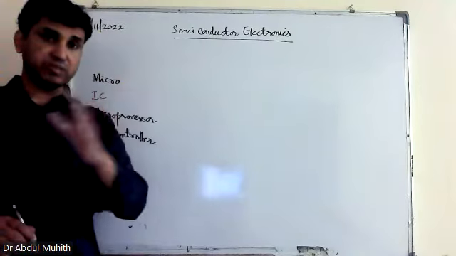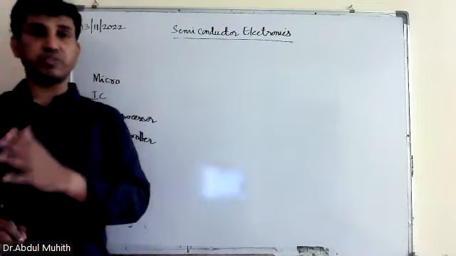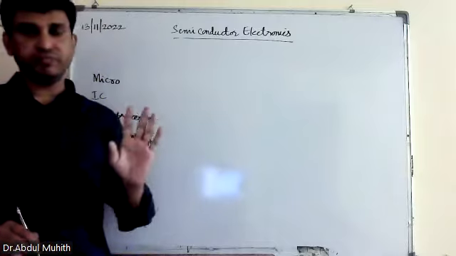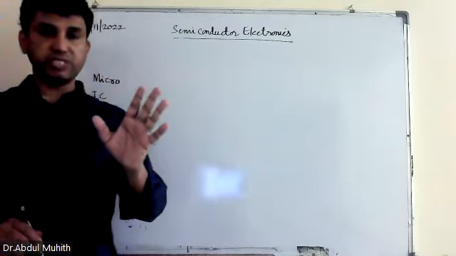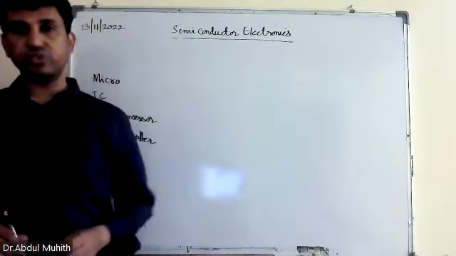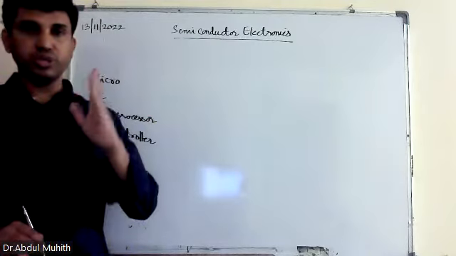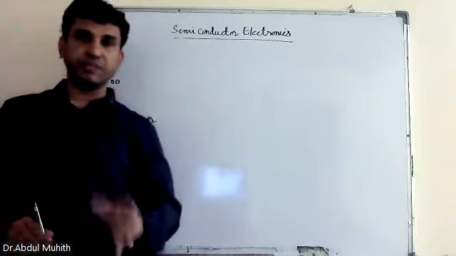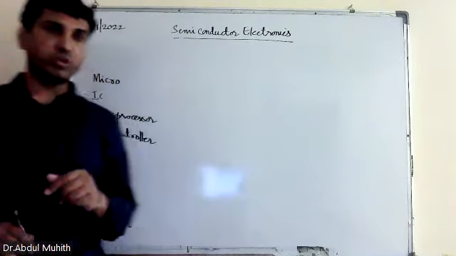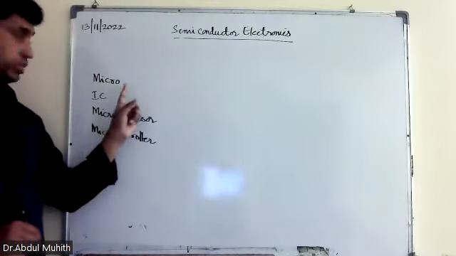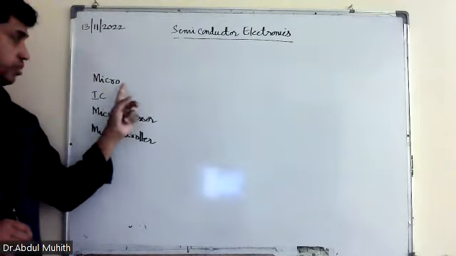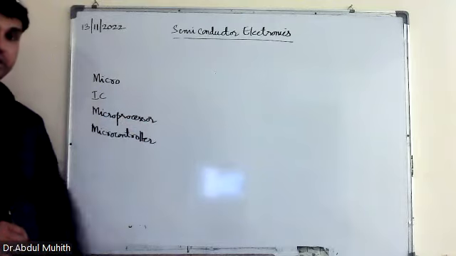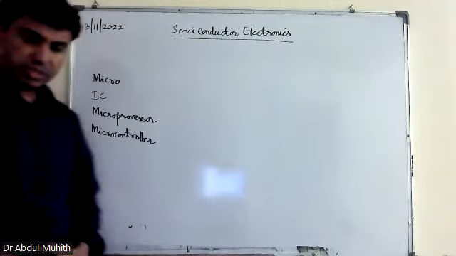Suppose a washing machine has a 25-minute wash, 30-minute wash, 1 hour wash. Fixed values are there. You can only rotate the knob and select the values. You can't change them because it has specific functions. Even a microwave oven has specific functions. In a TV also, you can increase or decrease the brightness, increase or decrease the volume. There are specific operations. So that is about the microcontroller. Understood? It starts from micro; first micro, then IC. ICs are made from micro, and the microprocessor is made from ICs, like that. So as we go ahead,